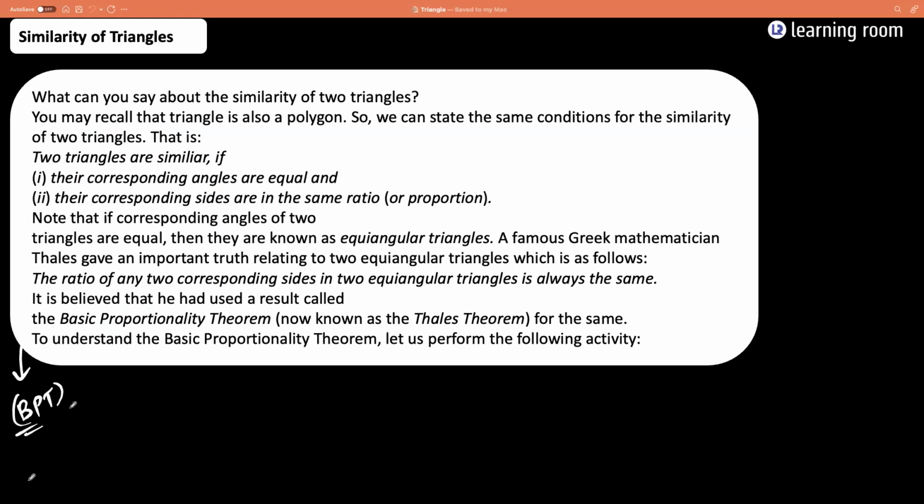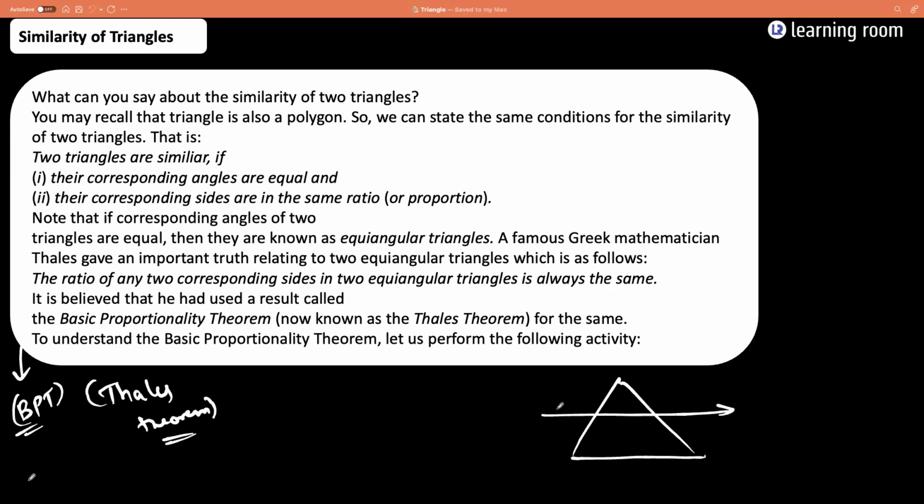The basic proportionality theorem, also known as the Thales theorem. So what does it state? Can someone give me the statement for it? If I have a triangle, then what should I do? If a line is drawn parallel to any one of the sides, intersecting the other two sides at two different points,